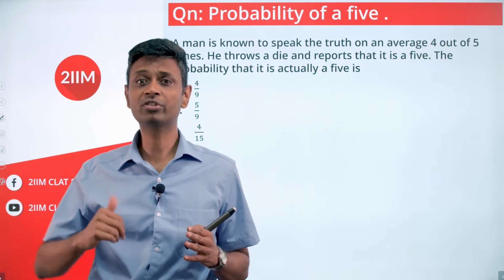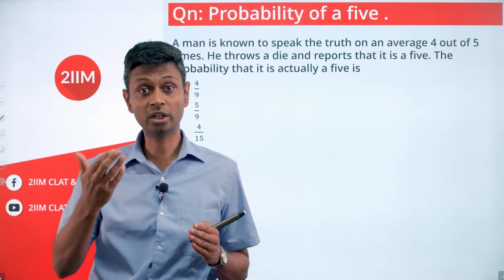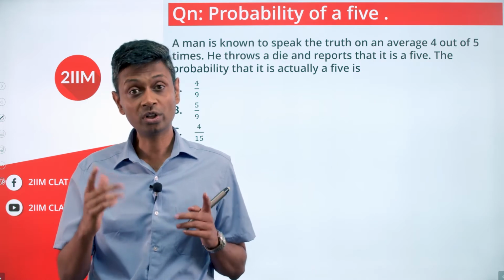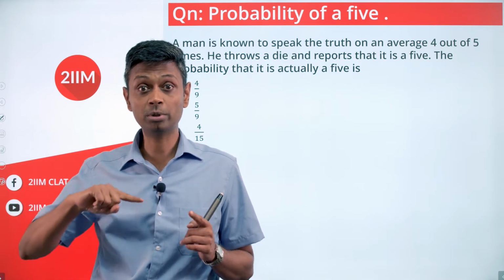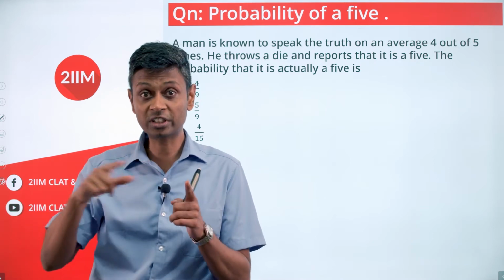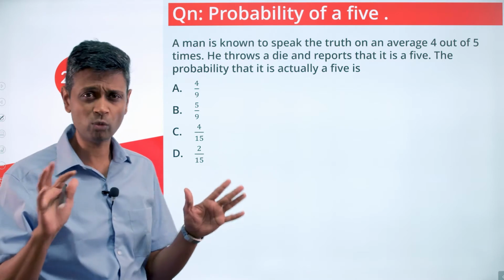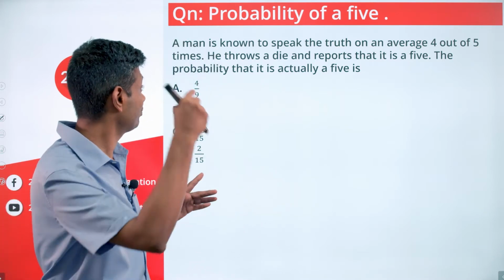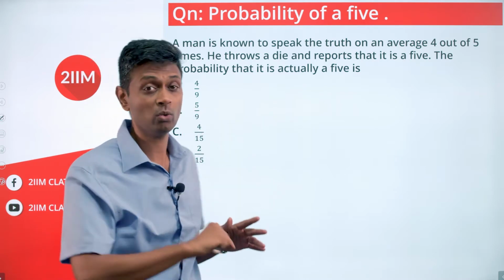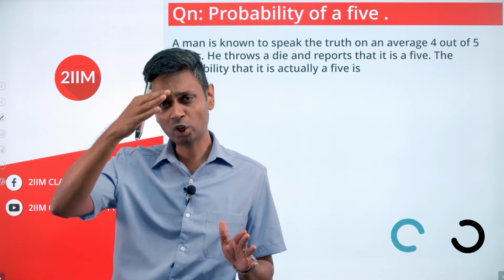Given that the ball is turning, what is the chance that India will win? Given that the ball is not turning, what is the chance that India will win? What is the chance of India winning overall? Given that India has won, what is the probability that the ball did turn? Those are the different types of questions you can get in this. Fine. So the standard framework for this is, don't worry about the post facto probability. Given that he reports a 5, what is the probability that it was actually 5? Forget that. Think about it in a chronological order.